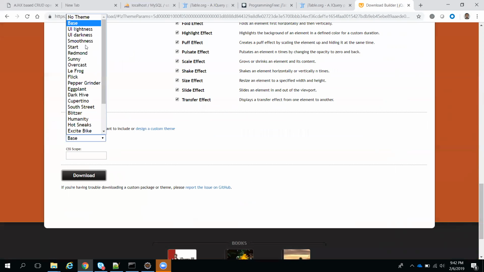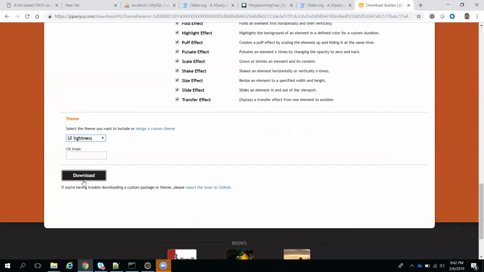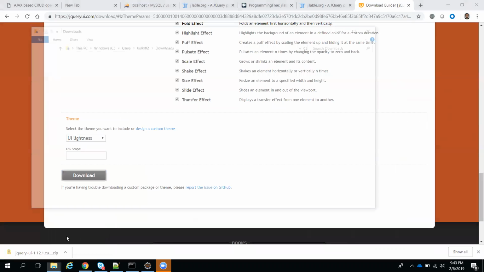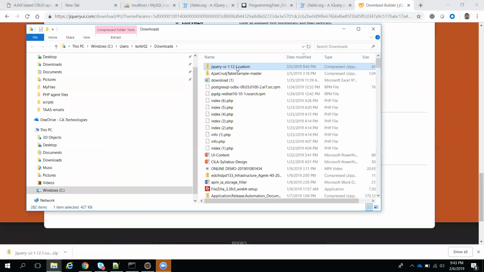So these are all themes: smoothness, UI darkness. Okay, I will use UI lightness. When I click download, it will download that CSS. Show in folder. This is how you can manage your themes, I'm trying to show you.